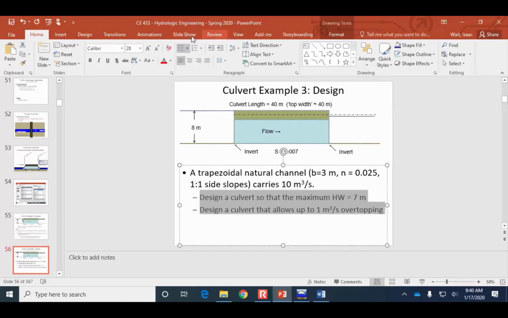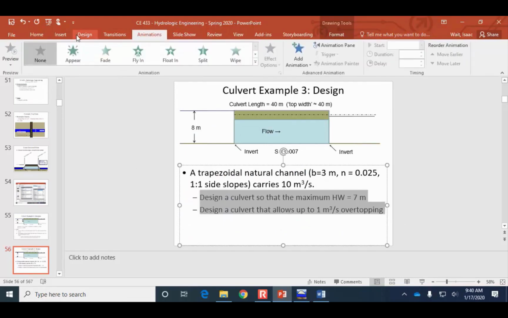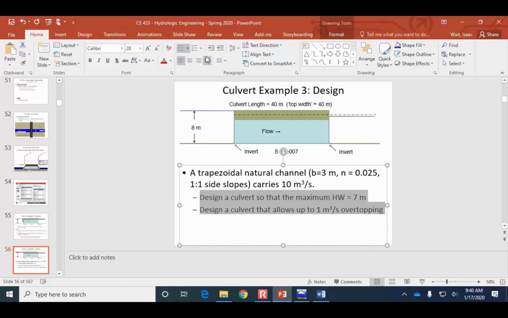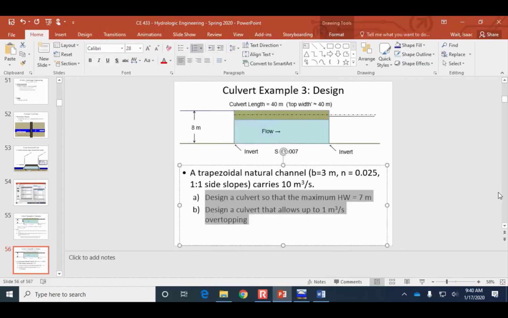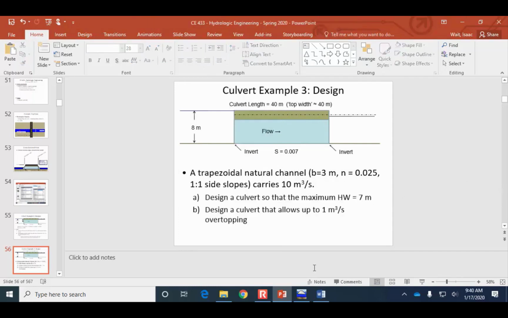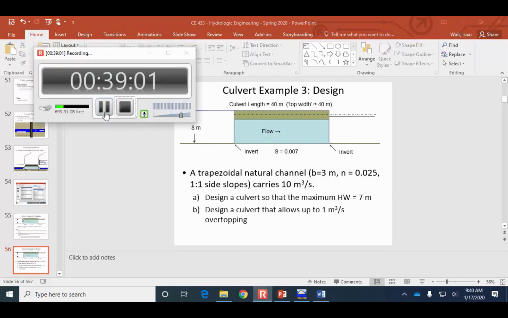So what are the limits of this program? What do you mean? Like, is there any limitations to it? Oh, there must be, right? Or it only designs culverts? Does it account for like the